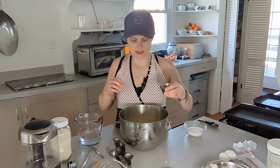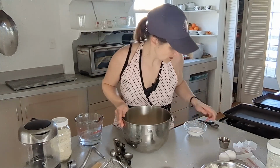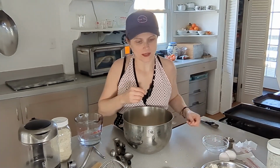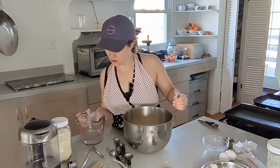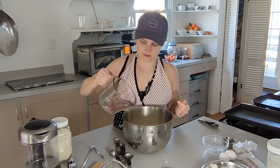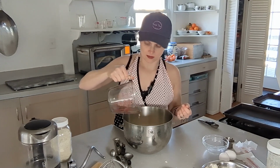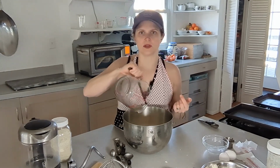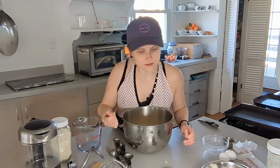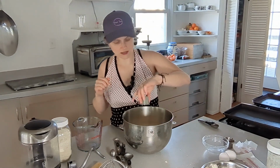I have yeast, and I'm just dumping these all in, and sugar. Okay, then the water. I always start with the lower amount that they give. Sometimes I even hold back on that a little bit. So I've done this recipe quite a few times, so I'm going to do the lower amount. Let's see, the butter is in there, salt, 2 large eggs,